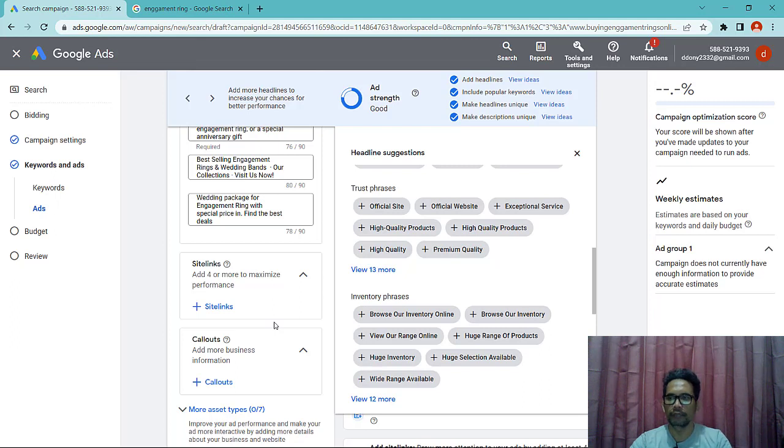Be sure to have at least another 3 headlines that do not include your keyword.